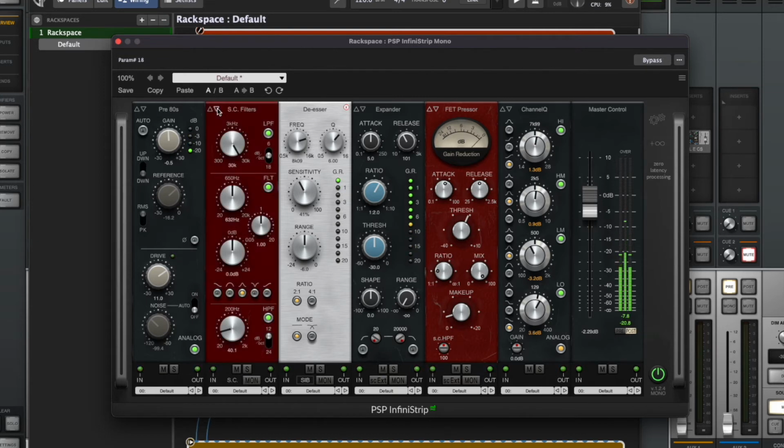What else do you get? All right, sidechain filters. Neat. That's cool. De-Esser. De-Esser's not bad. It's actually pretty good. I like it. You know what else I like? I like that you get this digital readout here. So if I change the sensitivity of the De-Esser, right? Here's the expander, and then you can take it out,